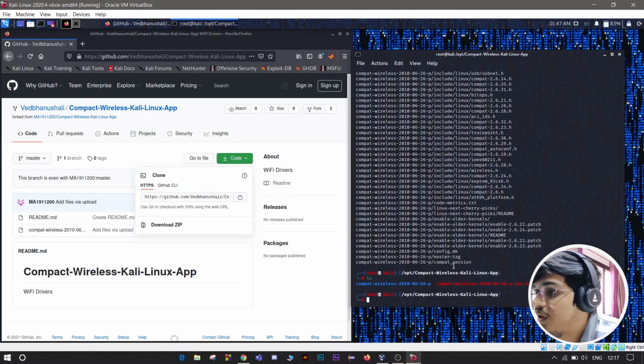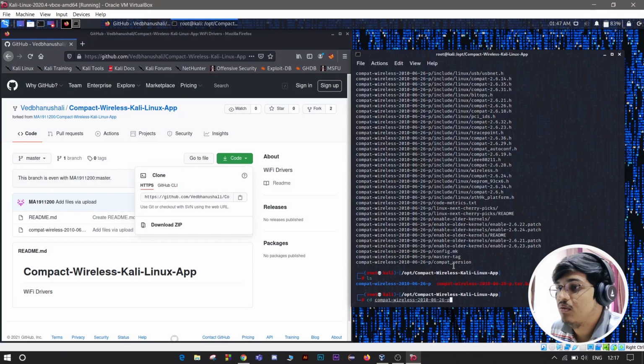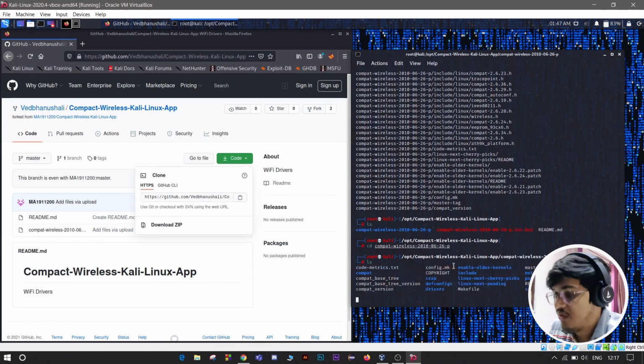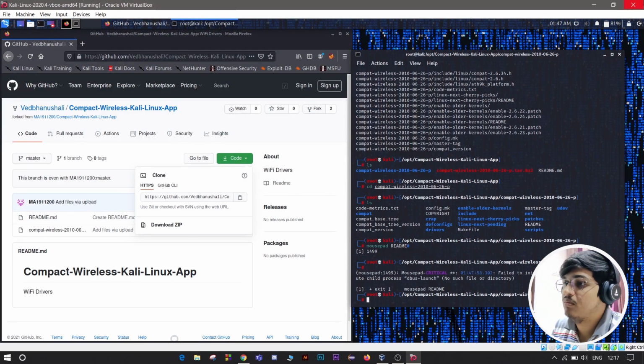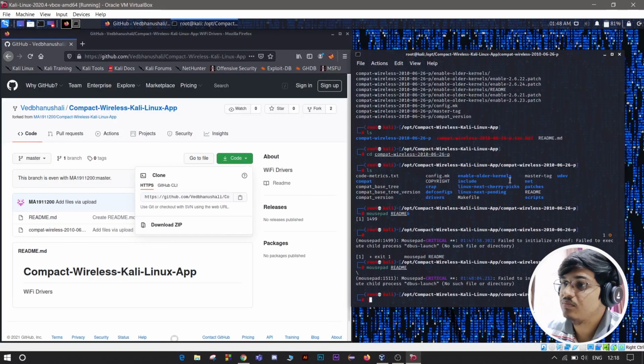After extraction we will find a directory compat, so let's get into it. ls now. So let's get the readme file. Oops. No, it's not working.